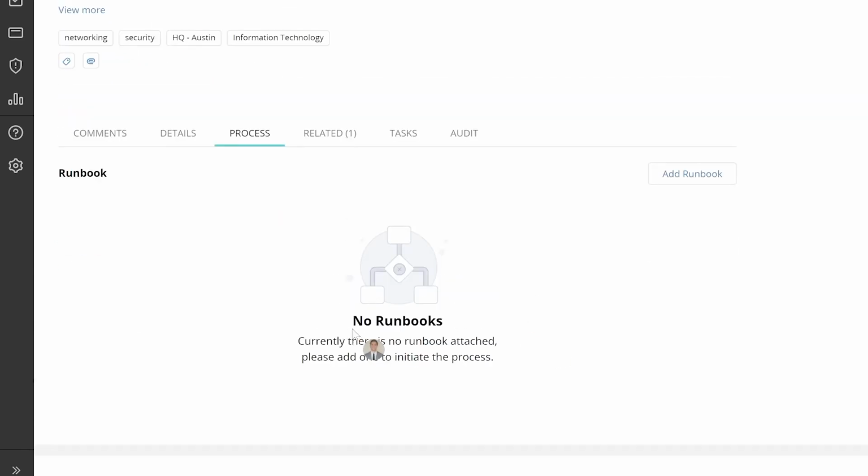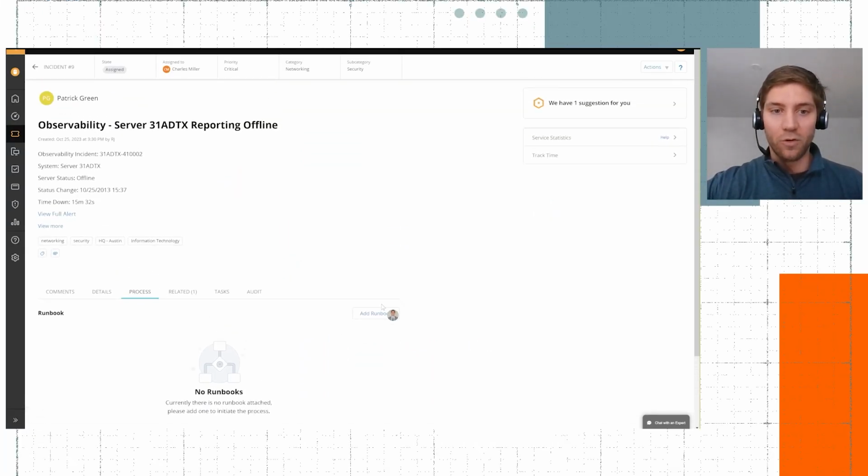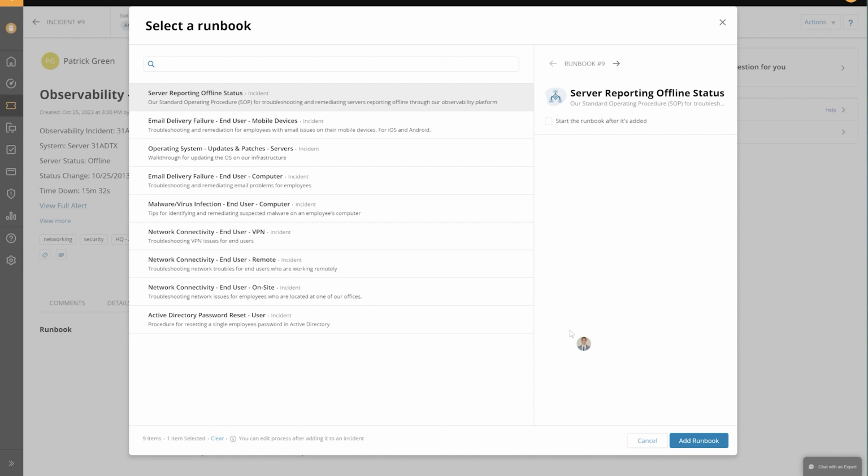And you'll notice here, there isn't a run book yet, but for me as a technician, when I know we've got a critical alert, we're going to make it easy within Service Desk to take all the necessary actions, have an audit trail behind those actions that get taken, and we've already got that built. So rather than me having to think, oh geez, server went down, what do I need to do? What steps do I need to take? I simply add the run book. I can start the process right away. So again, skip a step of me having to click some extra buttons.